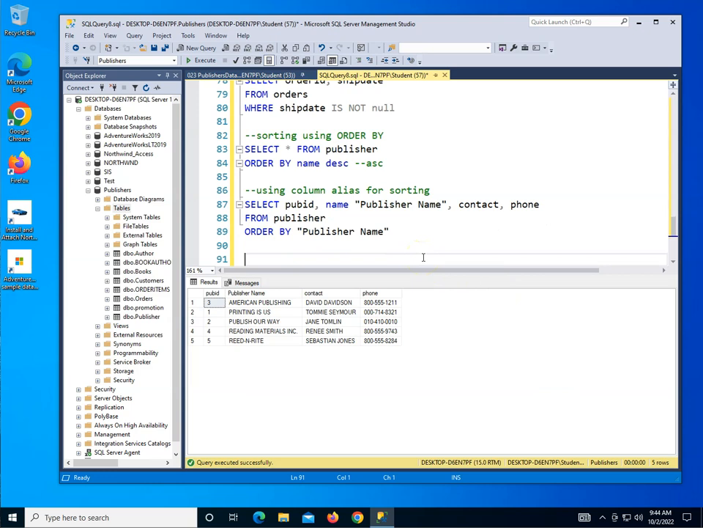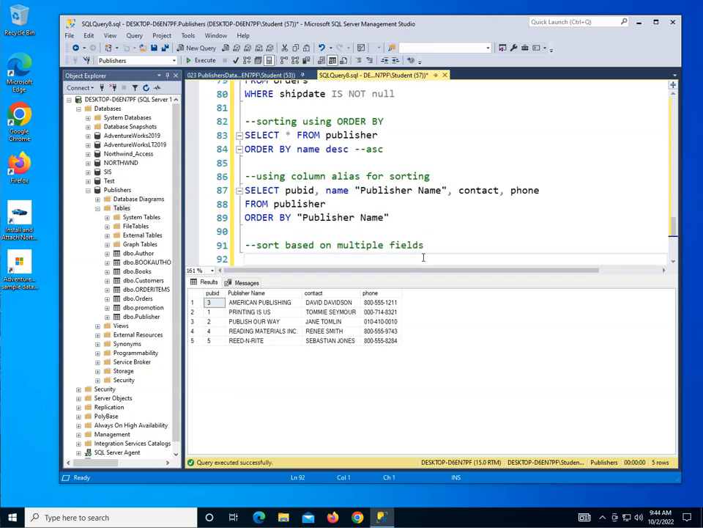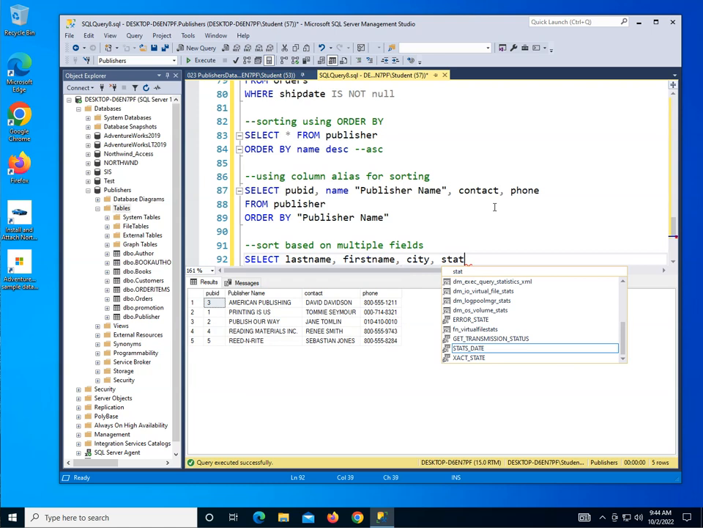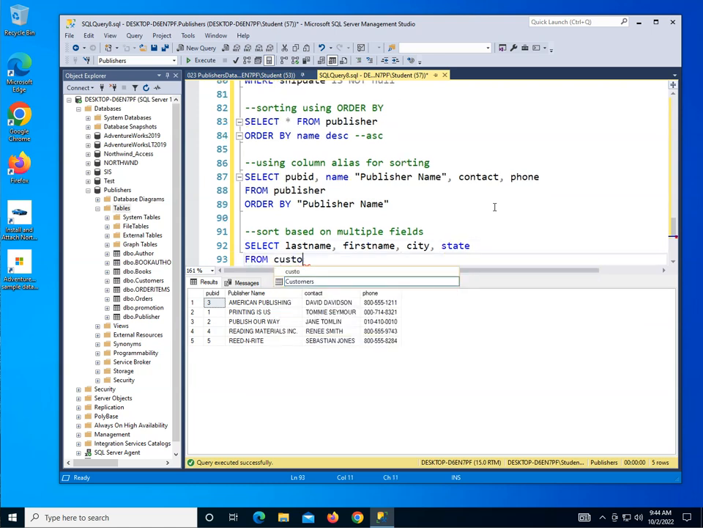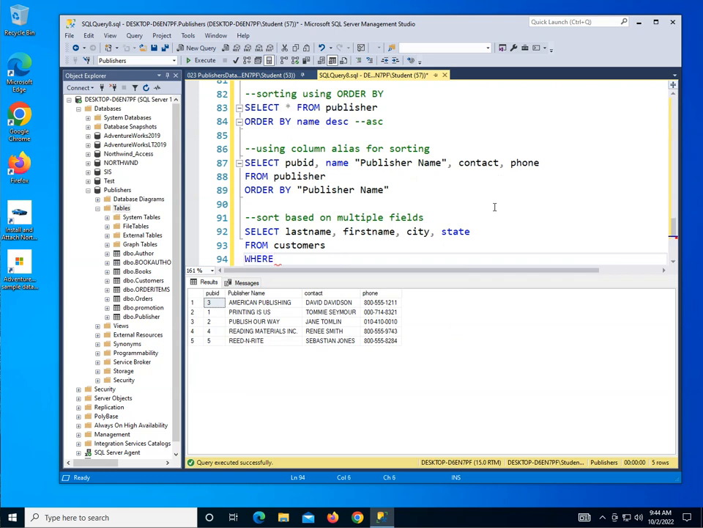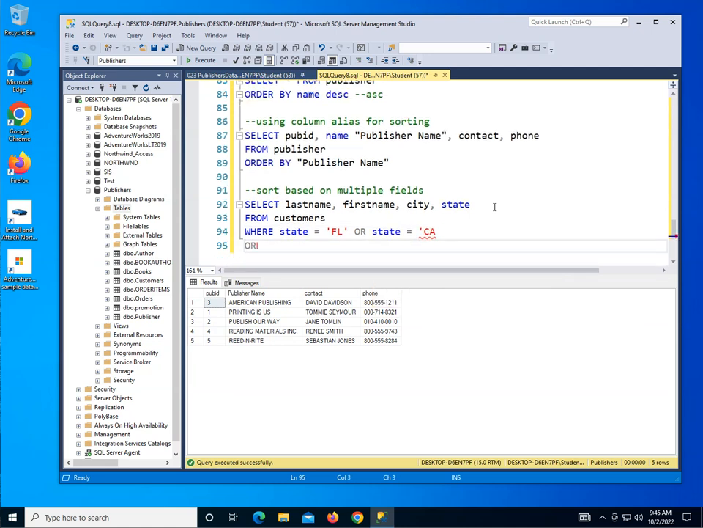We can also sort based on multiple fields. Let's do one. So I'm going to select, let's say, last name, first name, city and state, from customers, where state equals Florida, or state equals California, order by